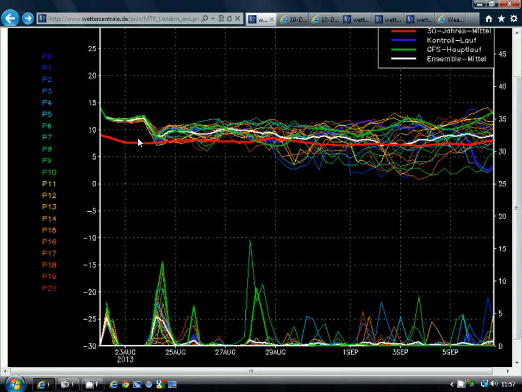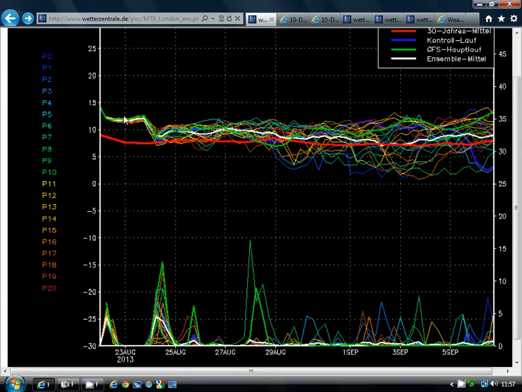And the red line here is where we should be at this time of the year. All members of the ensemble just at the moment are above that red line. We're in a warm air mass, quite a hot air mass actually. You'll feel the heat tomorrow, perhaps not so much today, so there's going to be a lot of cloud around, but tomorrow when the sun comes out down in the southeast, you will feel it.